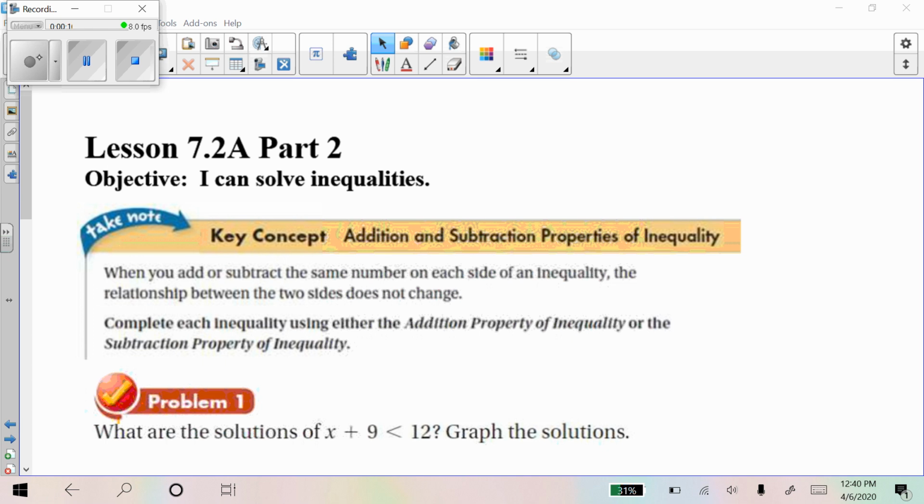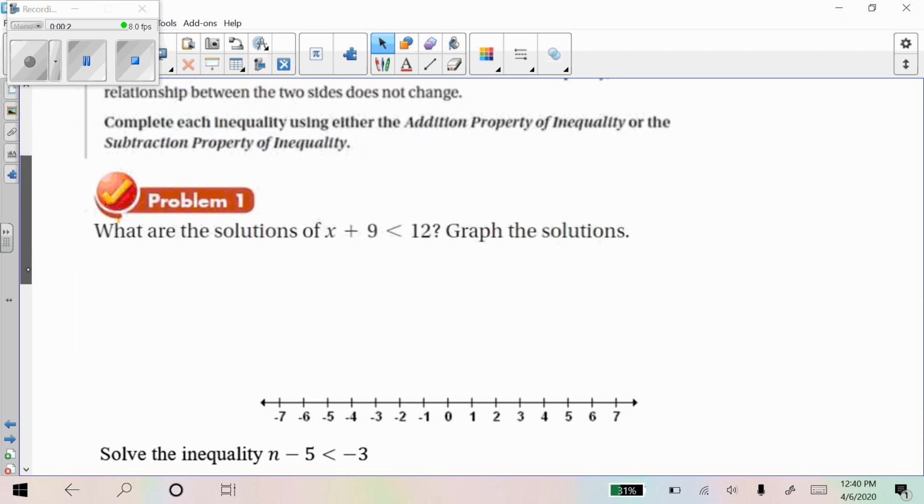We're going to start learning how to solve inequalities on this one. Inequalities are less than, equal, things like that. All right, so there are a couple of